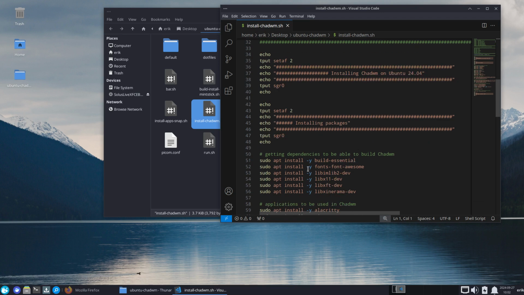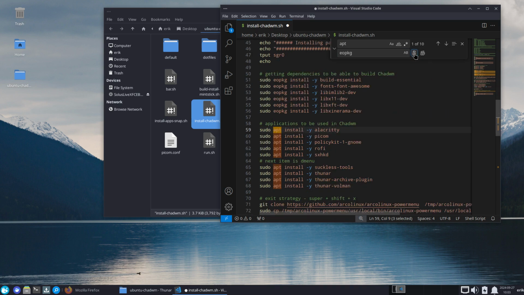So we don't need apt install things, probably not, right? So all the apt things, Control H, can be replaced by eopkg. Check. Install is normal, -y probably not, but we can already do this, replace, replace, replace, replace, replace, and hopefully